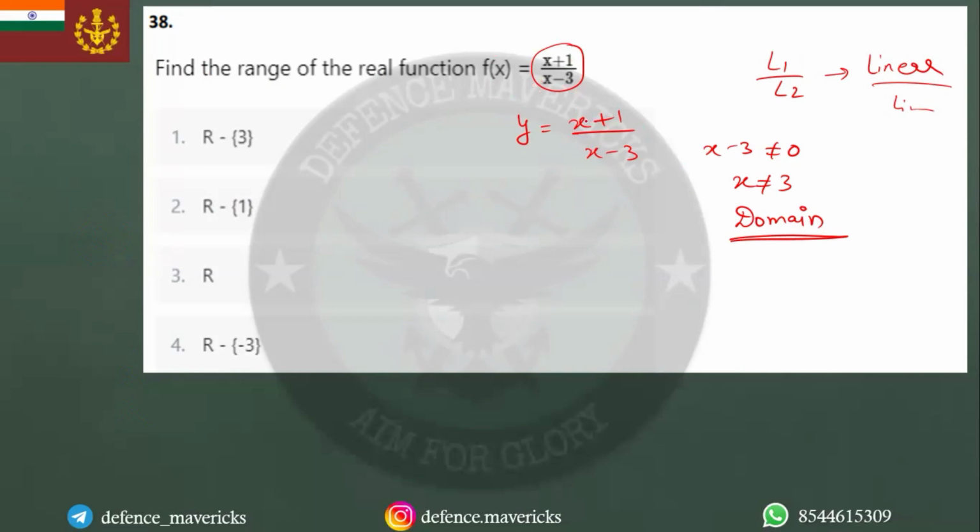जैसे ये पूरा x के टर्म्स में है ना, वैसे ही अगर मैंने x को y के टर्म्स में लिखा, then I can say that what value of y is not possible। So let's try to write this equation in terms of y। Okay, so yx minus 3y equals x plus 1। So I am just cross multiplying it, यहाँ पे multiply कर दिया।